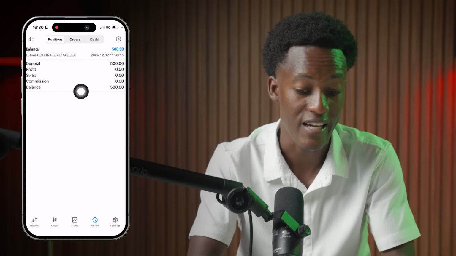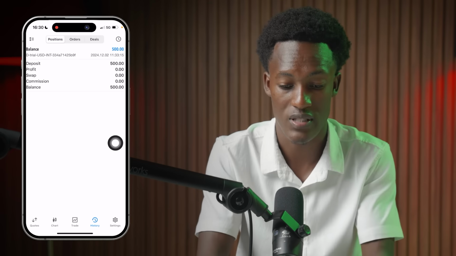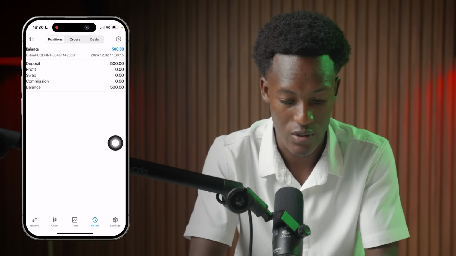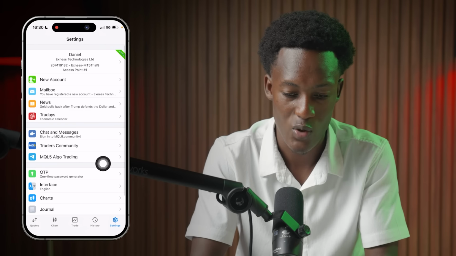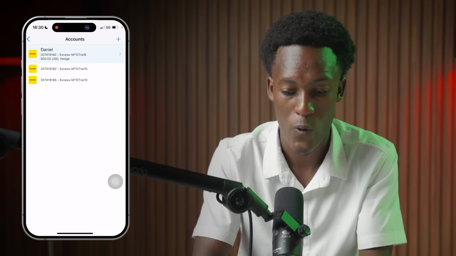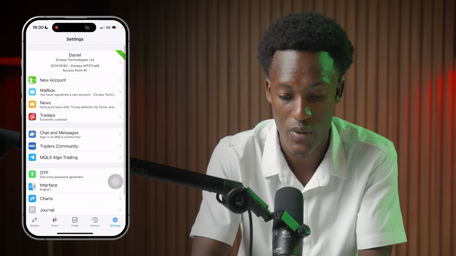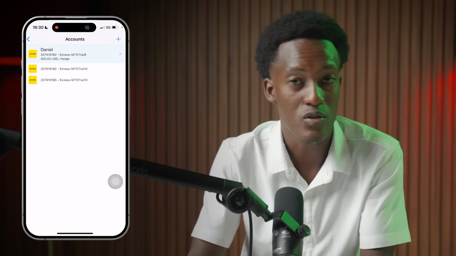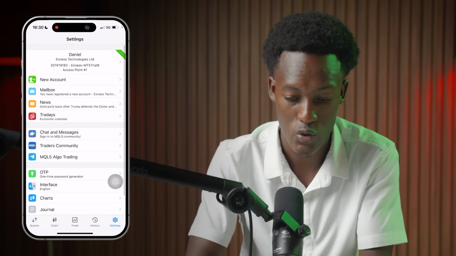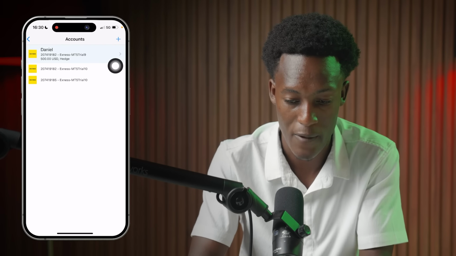Again, the broker that we are using doesn't take any commission, so this is always going to stay zero, even with a real account. And then lastly, we have settings. On the settings part here, that's where you can always change the accounts. Just an example, right now we are logged in with a demo account, but if I wanted to log in with a real account, I'm just going to come over to this section, click here,